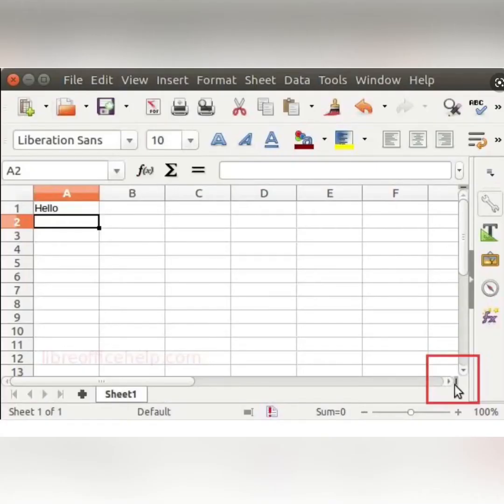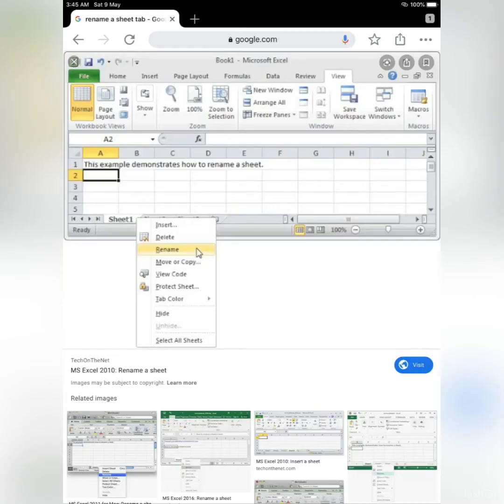If you want to insert cells, columns and rows, click on the Insert menu and select the Cell option. The Insert dialog box will appear. Select the desired option and click OK. You will see a new cell will be added according to the selection.